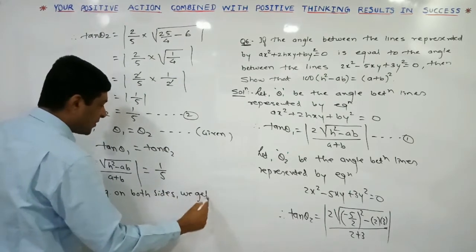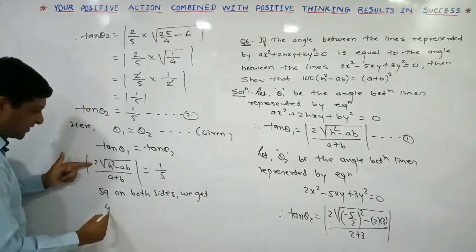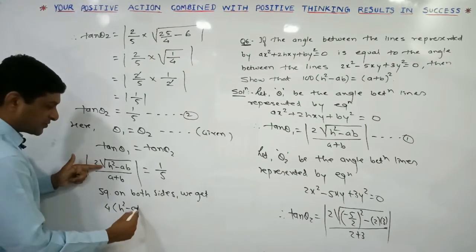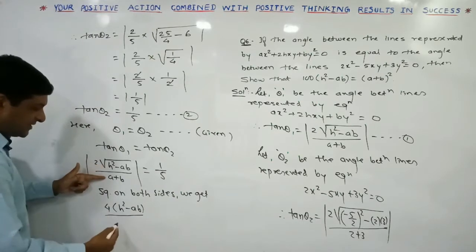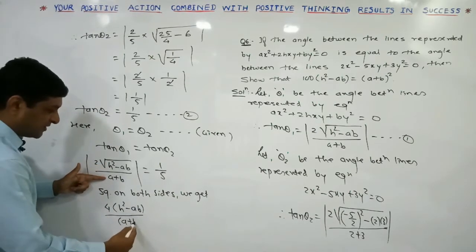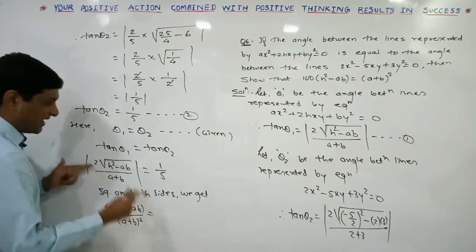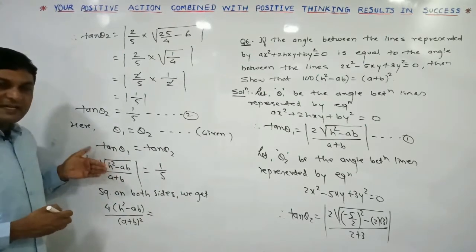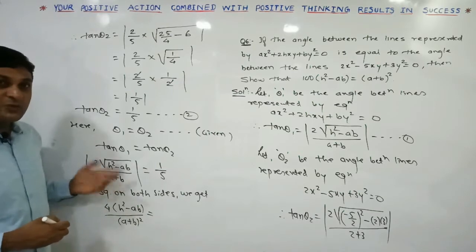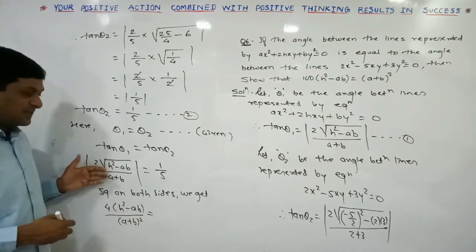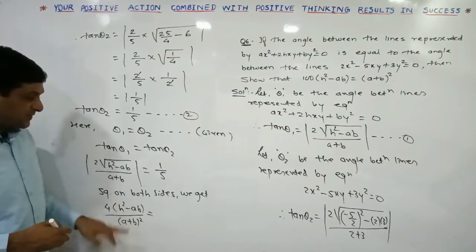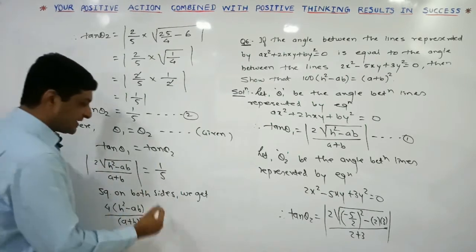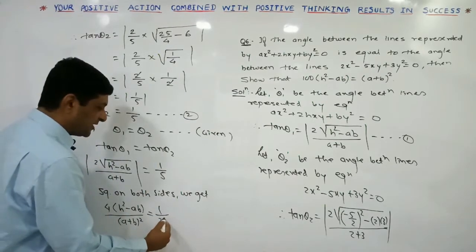We get on this side square of 2 will be equal to 4. Square of under root h square minus ab will be equal to h square minus ab, and in the denominator square of a plus b will be a plus b whole bracket square. It is not necessary to write down the mod because the value in the mod is either positive or negative, but its square is always positive. If its value is positive, the square will be positive, and the square of a negative value is also positive. On this side square of 1 by 5 will be equal to 1 by